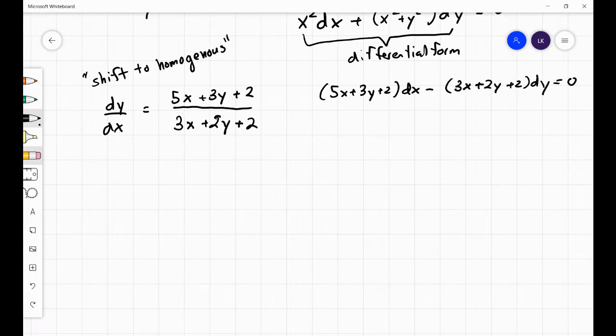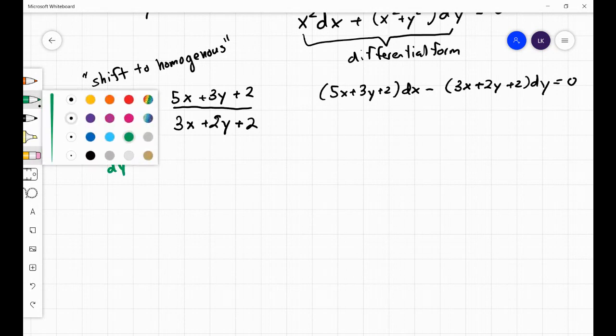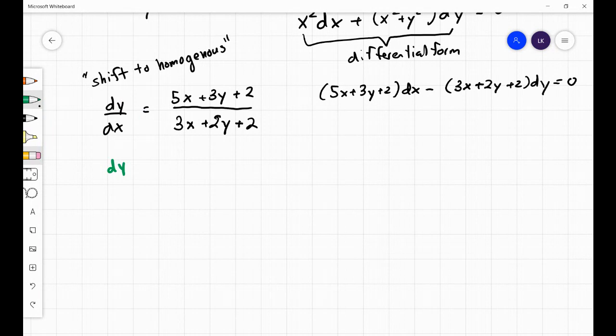Okay, the idea is that if we didn't have these two constants here, we would then have a homogeneous differential equation. For example, you can multiply the top and bottom by x, divide top and bottom by x,